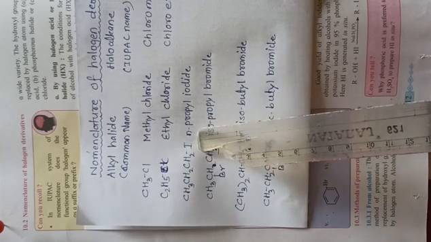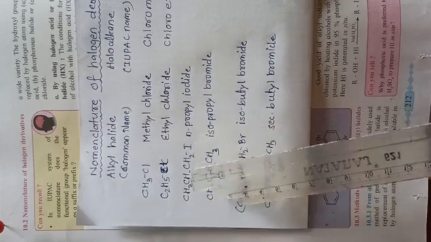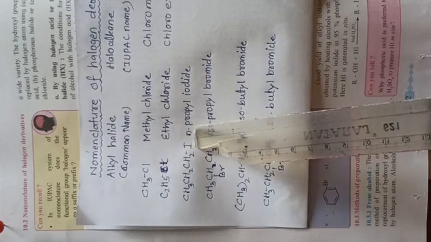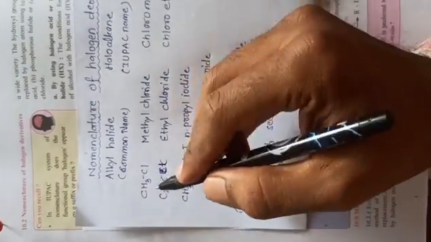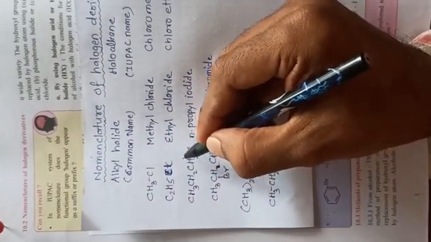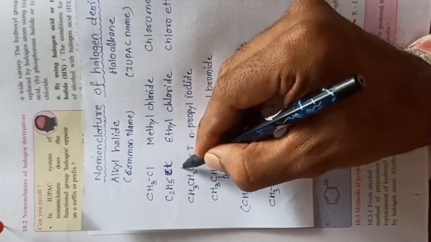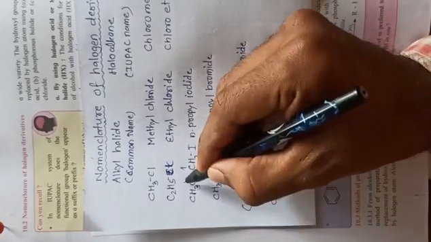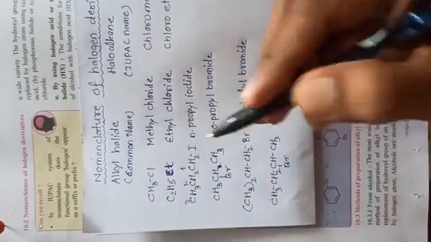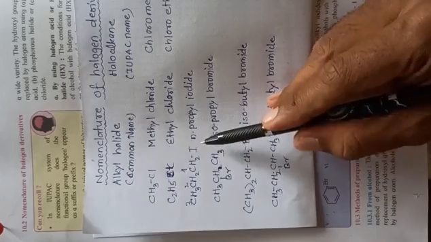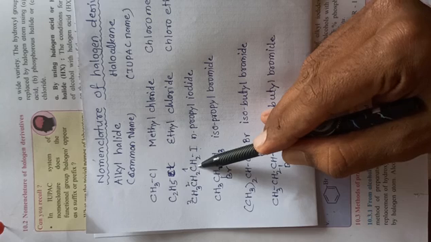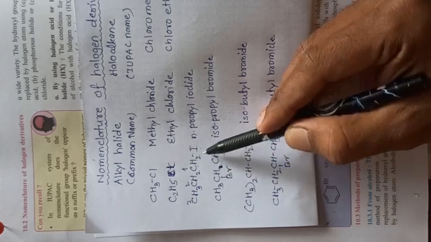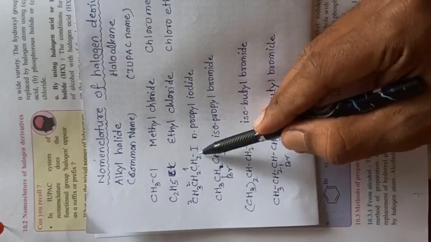So what do you mean by lowest locant? We have to number the carbon atom in the longest chain from that end which is nearer to halogen atom. Now in this, if you number the carbon atom from the end of iodide, then it becomes 1, 2, 3. Now see here, this iodine is attached to first carbon atom, that means in carbon number 1. So it will have lowest possible position, lowest locant.